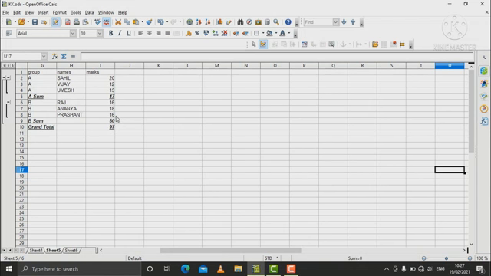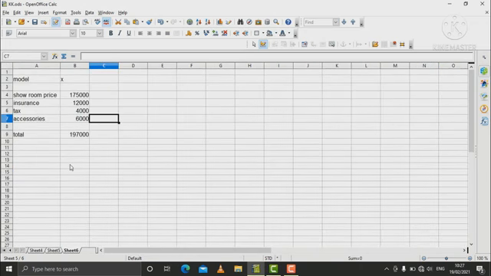Okay, I have saved some data here. I named a model X, with the price, insurance, tax and accessories, and total price of a motorcycle or automobile. And I have to save the price of another model also.